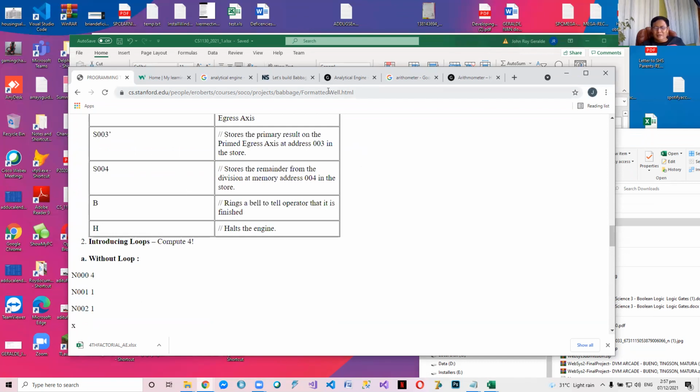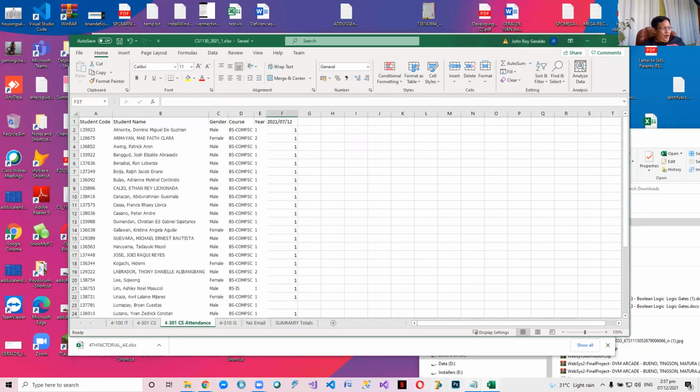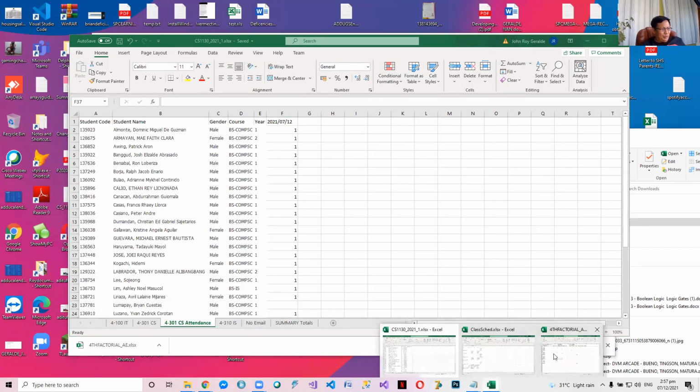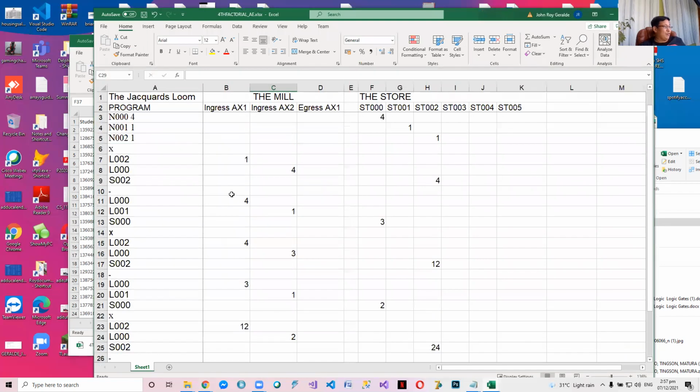okay. Isang question pa, no? Saan galing yung 411? Okay. 4 is there because we are going to compute. This is set to compute the 4th factorial. Do you follow? If this is 5, this will compute the 5th factorial. Do you follow? Itong 1, 1, these are the initial numbers. No? 1 is always the value that you subtract because you subtract 1. In each step, you subtract 1.